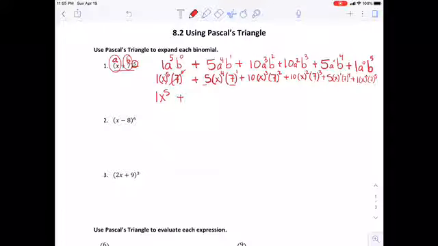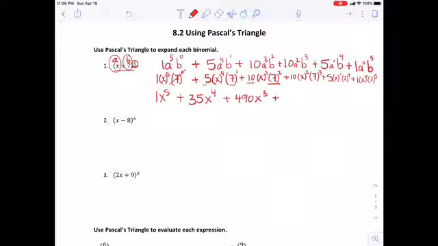If I multiply that by 5, I will get 35x to the fourth. Plus, my next term now, I have 10 times 7 to the second. Well, I know that 7 to the second power is 49. If I multiply that by 10, I get 490 x to the third power,